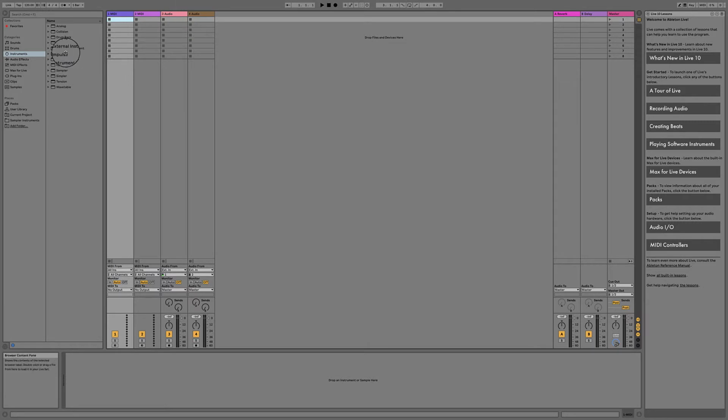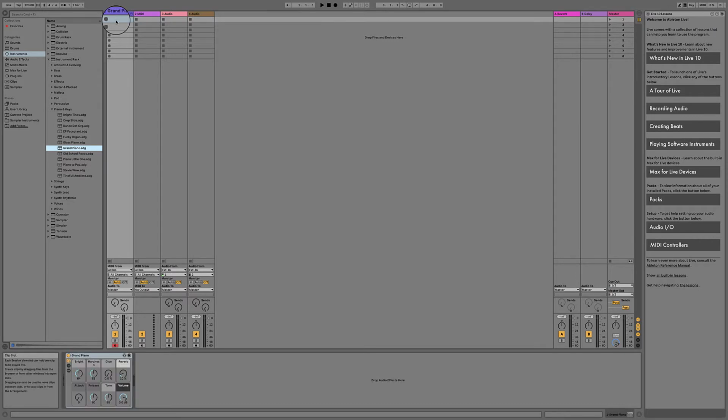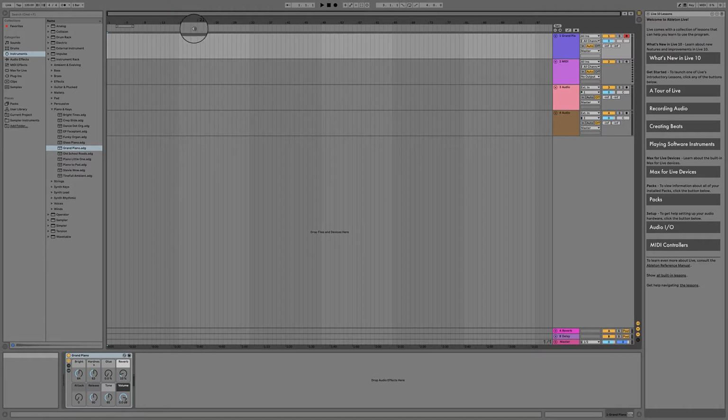And if you're just going to get an instrument, you go to the instrument rack, and let's say I want to choose a grand piano. When you click on it, you'll hear it. You can just drag it up, and now you have a piano. And then if you wanted to go up to that other view, hit the tab key. I'm on a Mac, by the way. Then when you record it, you'll be able to see